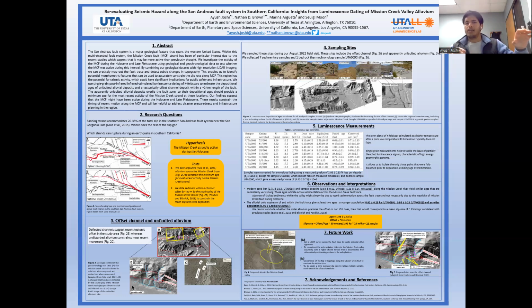And then the offset channel gives us two different populations of ages, a young population and an older population. So there's a bit of confusion there also, because if we go by the older age estimate for one of the terraces, then that gives us an approximate slip rate, which is consistent with the slip budget along the San Andreas fault system. I have shown a very brief calculation about how we do these slip rate estimates for offset channels.